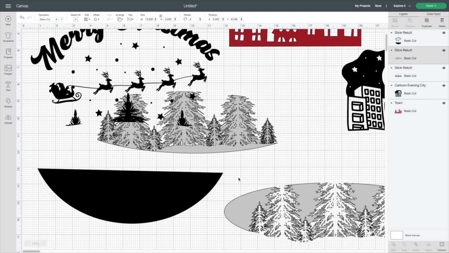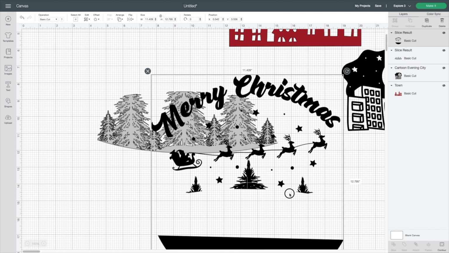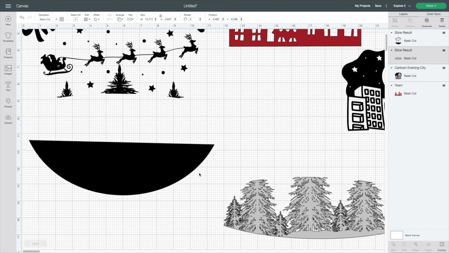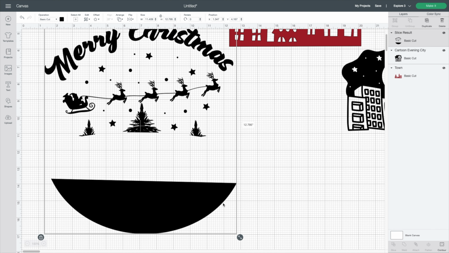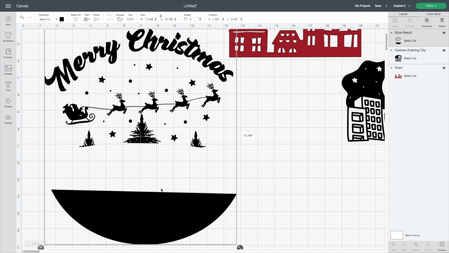Remove that top layer. There are always three. Strange when it's just two objects you've selected. There. So I've now got rid of most of the trees and left me with my little world shape at the bottom,